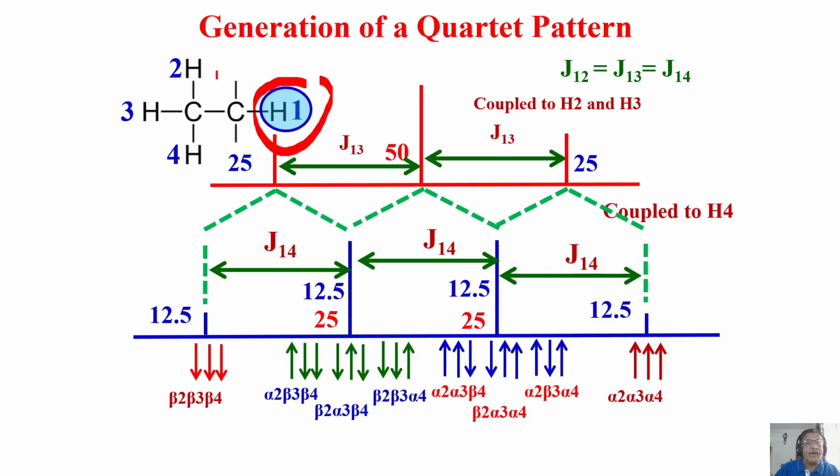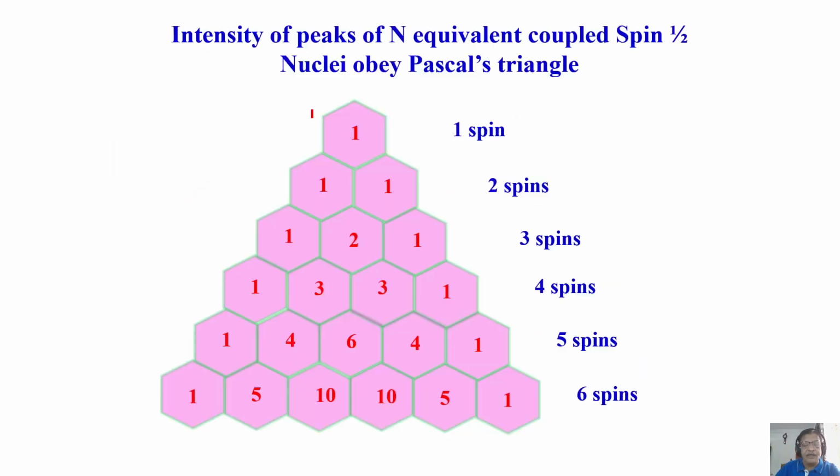This is a quartet and this is a triplet. That is the splitting pattern for this molecule. And then the intensity ratio is 1:3:3:1, and the adjacent peak separation gives you the J coupling. Very simple. Now, every time I don't want to draw this family tree diagram and start understanding how the intensity comes.